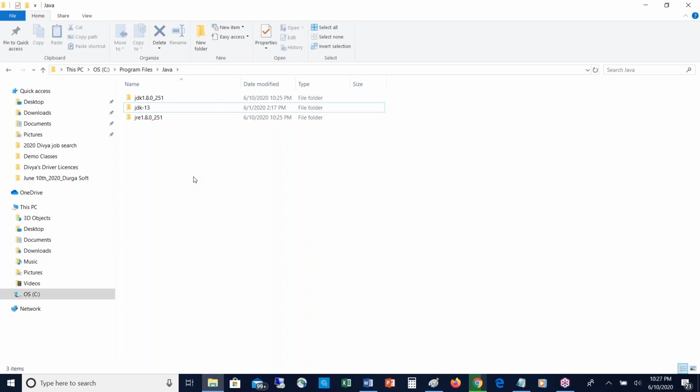But when you are developing your Java programs, there you select whether you want to execute them with Java 13 or Java 8. There will be options to select. Having multiple versions of Java installed in your system doesn't make any difference. You can install any versions, but when you're developing and executing code, there you'll select which Java version you want to execute and build. Got it?